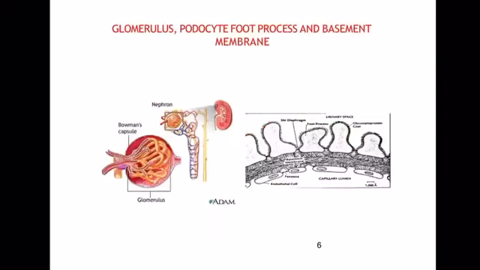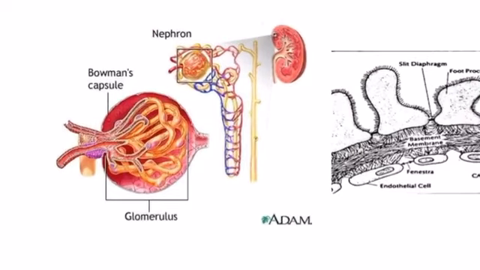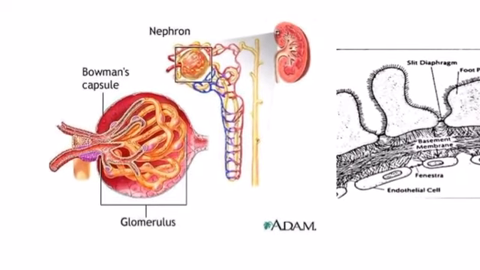So, what is the pathophysiology? This is the structure of the glomerulus. In the nephron, we can see the Bowman's capsule and collecting ducts. In the Bowman's capsule, afferent and efferent arterioles are present, which carry blood to the glomerulus. From this, various elements like sodium, glucose, and protein are filtered out and reabsorbed by the collecting duct.